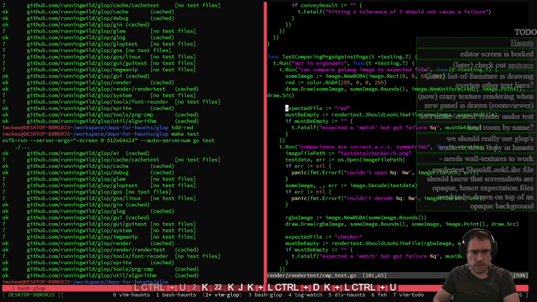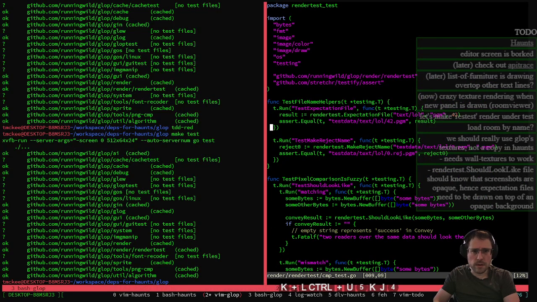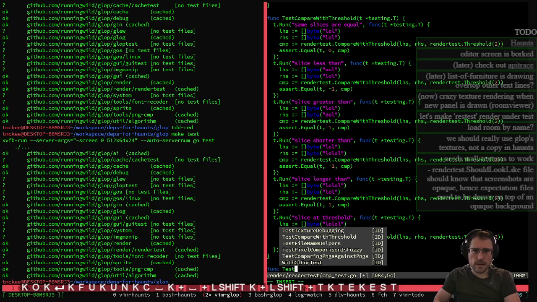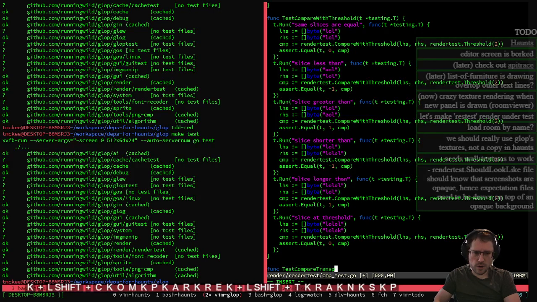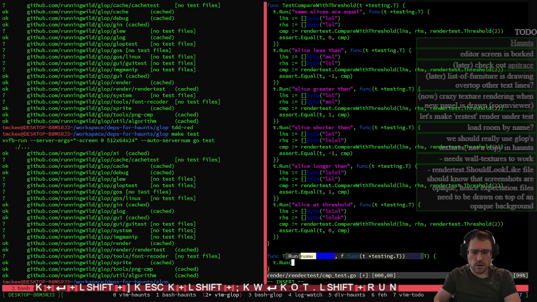We can test compare with threshold. Pixel comparison needs to be fuzzy. But we should also test compare transparent expectations. When you're testing T, right? T.run